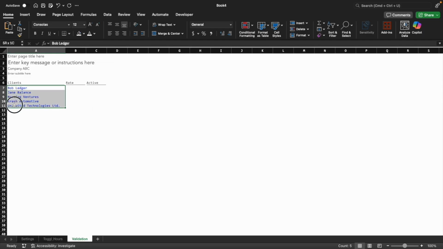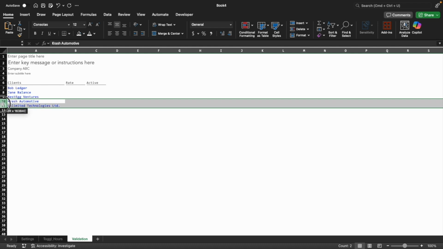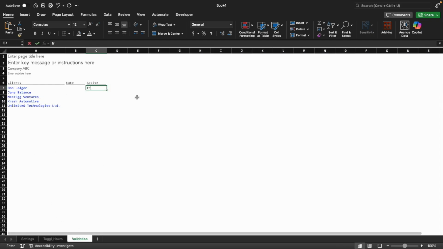These are obviously made up clients, but the idea here was I structured the data such that these 2 clients are not currently active, and so we wouldn't want to include any hours, even if we have hours for these clients in our historic data. We want to include them in any forward-looking forecast. So I just put true